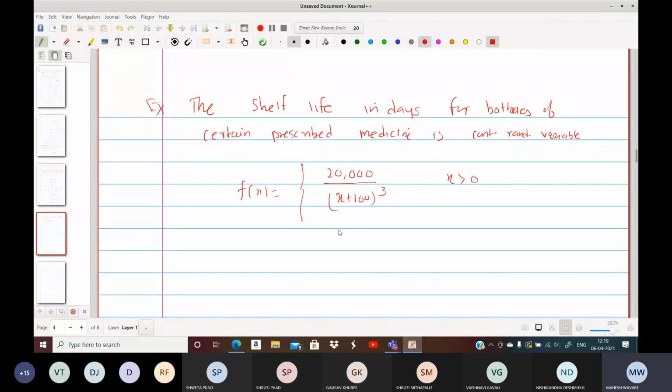And elsewhere I should mention here, elsewhere means the density is 0. The shelf life in days of bottles of a certain prescribed medicine is a continuous random variable which has the probability density function given by this f of x. The question asks us to find the probability that a bottle of this medicine